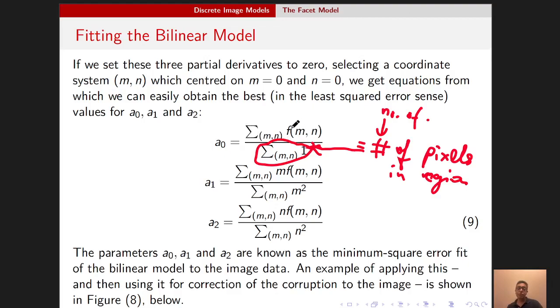This sum of F_mn is simply the sum of intensities. And so this a0 term is simply the average intensity in the region. Isn't that cool? It's just the average intensity. In linear regression, nobody talks about this, but the same thing will happen in linear regression. Your c term is just going to be, yes, the intercept, but it's also the average of the